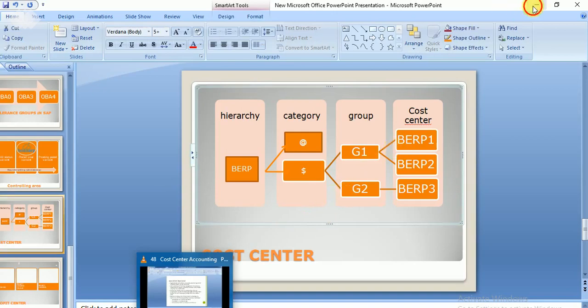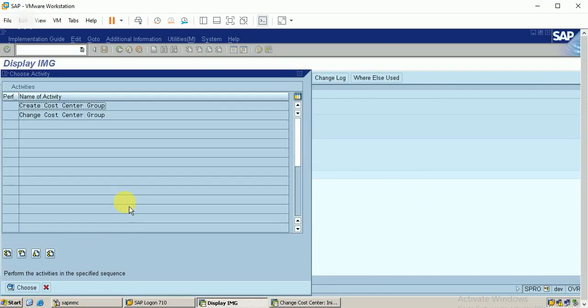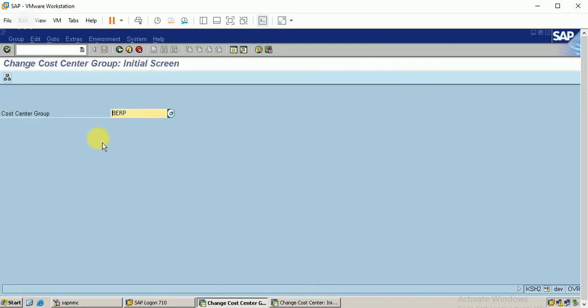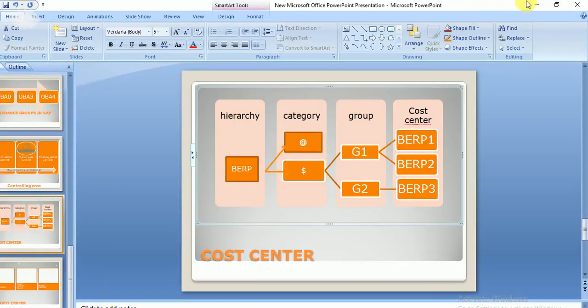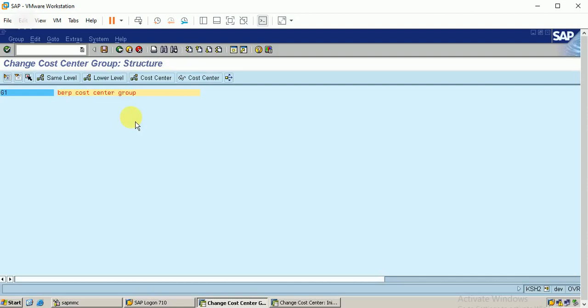Okay, let's see. Define cost center groups. Here we can see that there is a change cost center group. We have created this cost group G1 and G2. So I'm going to enter G1, where I want to interconnect my cost center 1 and cost center 2, that is BRP1 and BRP2.